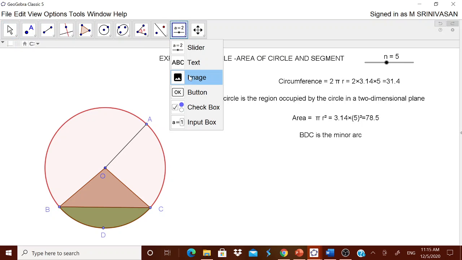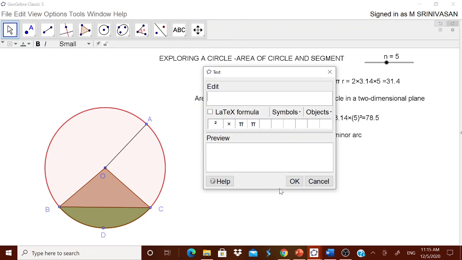Now we have to declare to the children what the area of the minor segment is. Area of minor segment: the minor segment BDC is equal to the area of the sector, the sector you can call OBDC, minus the area